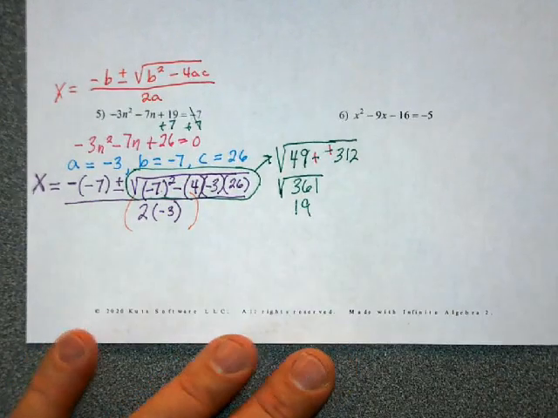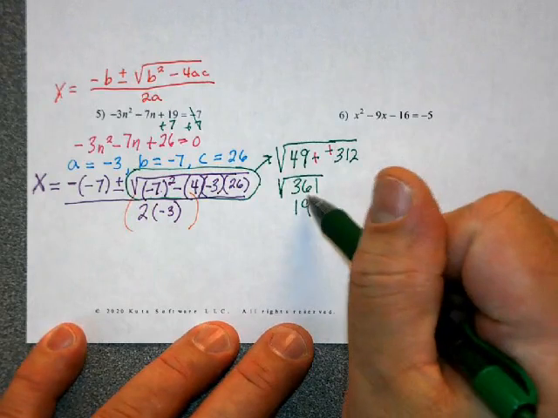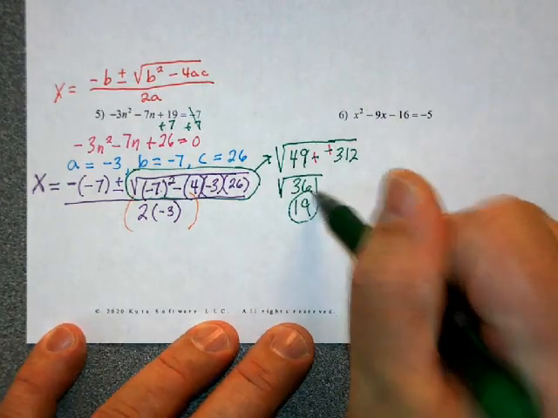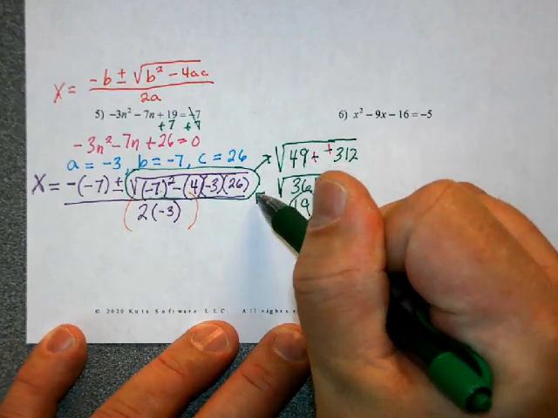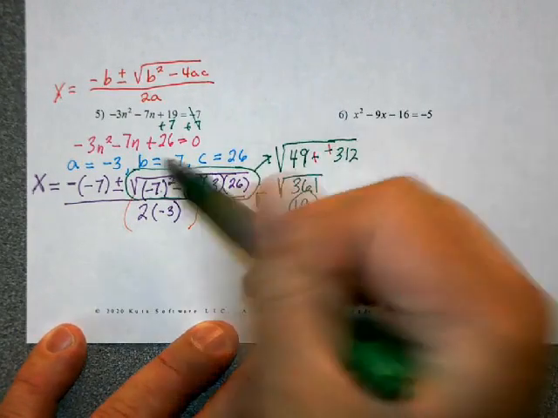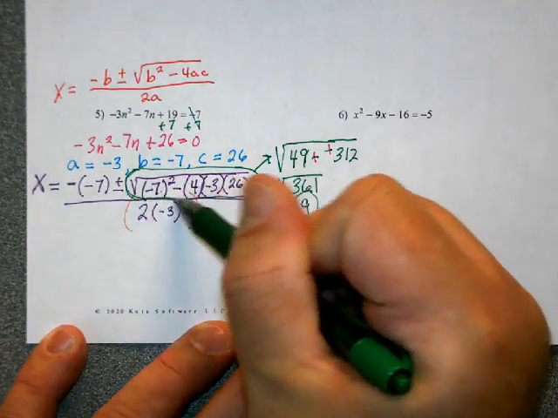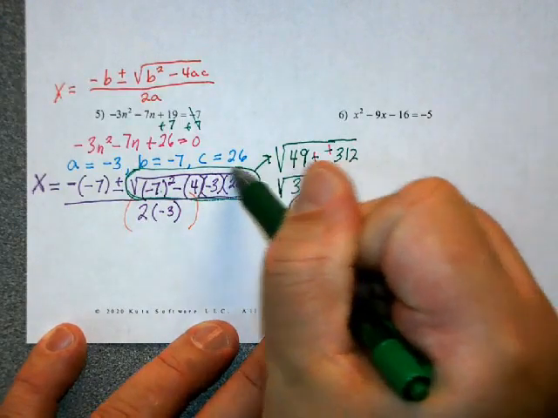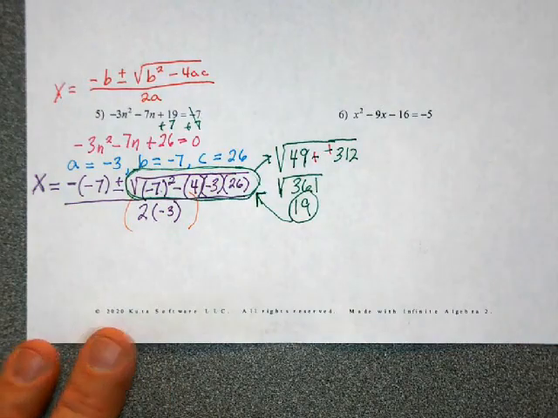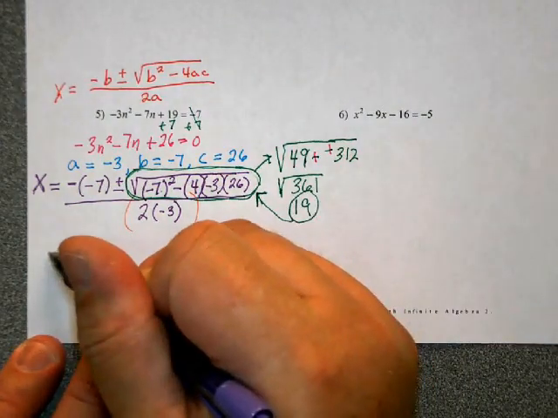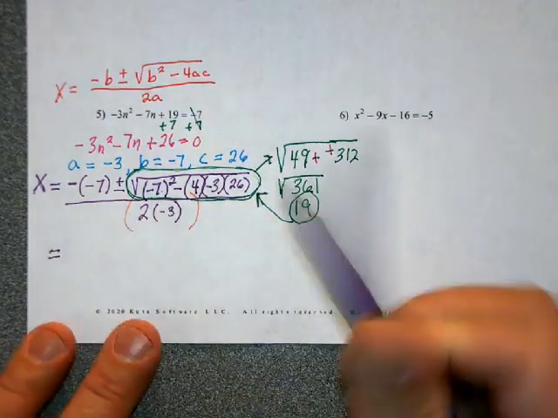Now, I'm going to take that 19 and substitute it back in for this whole discriminant, it's called the discriminant. I'm going to keep everything else the same. So this equals,